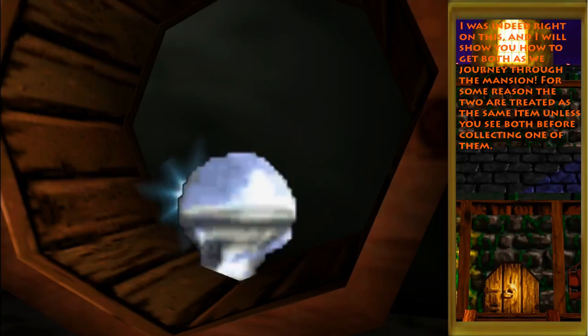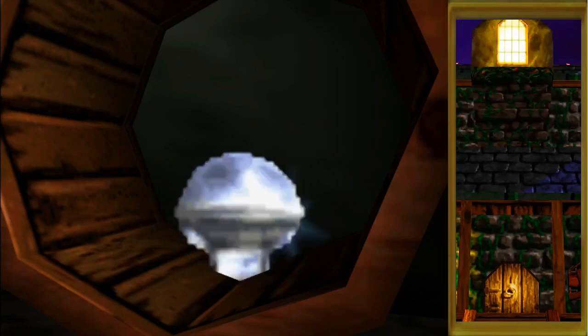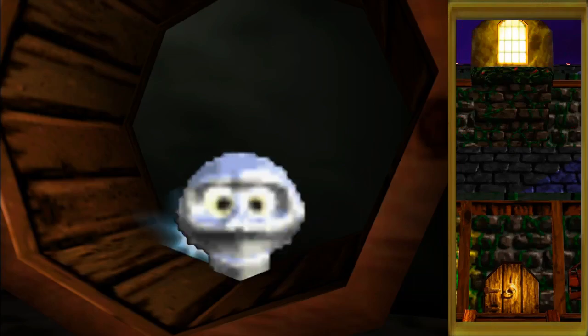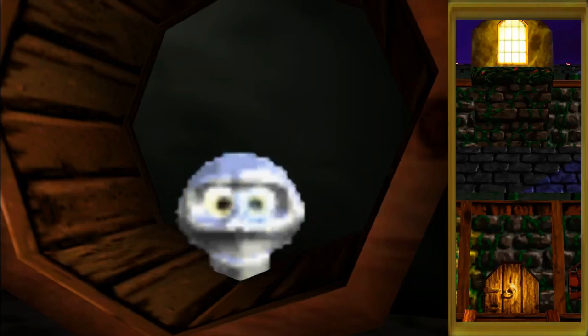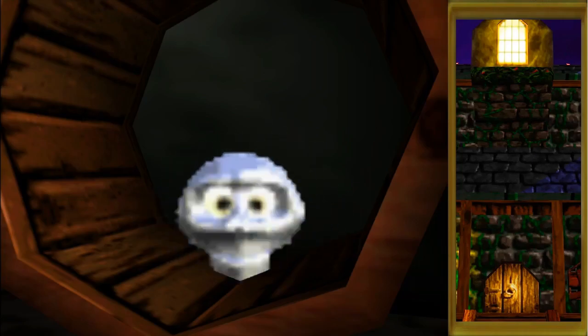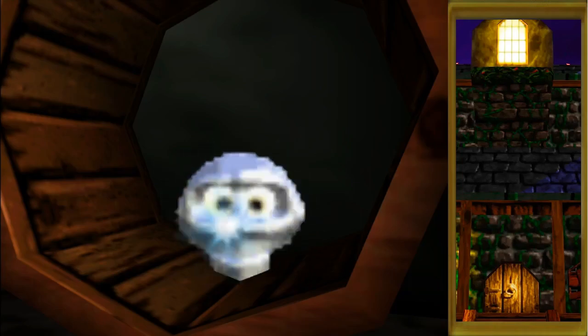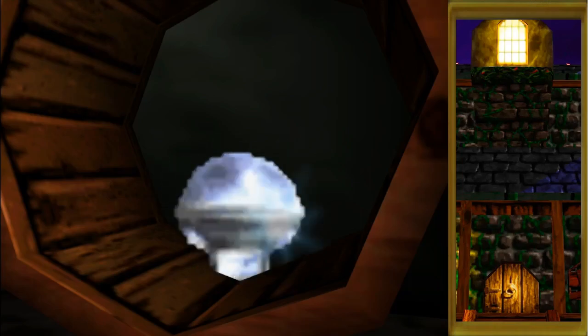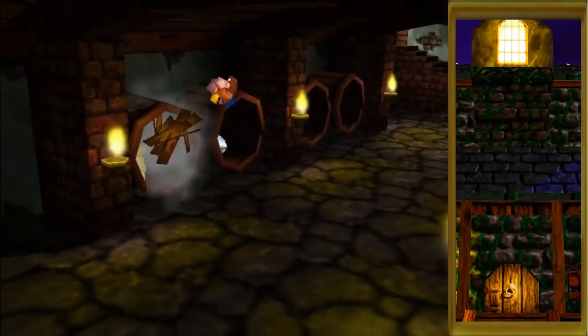You need to be the pumpkin. These two share the same, I think it's these ones, these two share the same collection flags. So if you collect this one, but you do not see the other one, then that one will disappear. However, if you see this one, then you make the other one appear, then you collect that one, this one will remain here. So I'll experiment, and if I get it wrong...